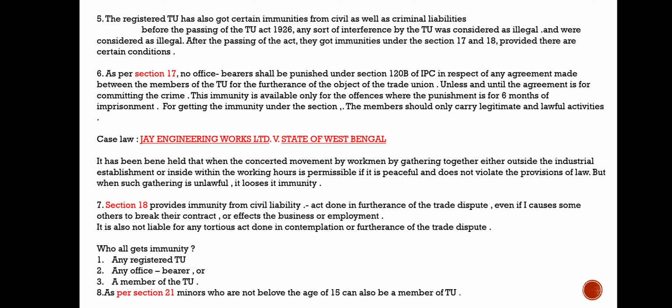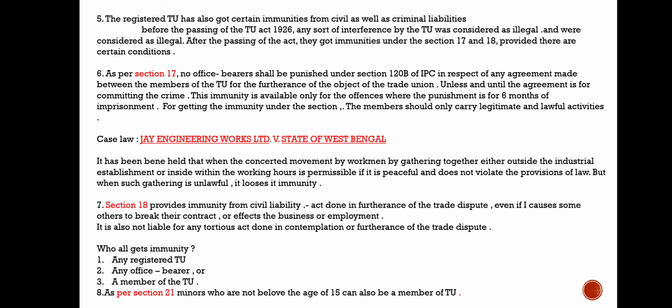Now we are talking about the rights of trade union. That is, the first right we have discussed is section 13. It gets a legal status. So when a trade union is registered, it has a right to be recognized as a legal person or a juristic person. So the next one is it can also have funds. It can also collect funds for various purposes, and hence funds are differentiated under two heads. There are two types of funds, that is general fund and political fund. The requisites of general fund is defined under section 15, and the requisites of political fund is defined under